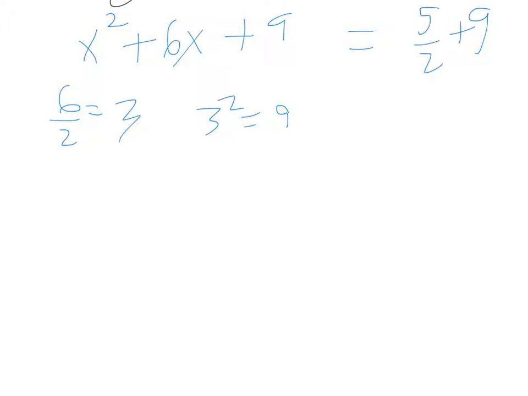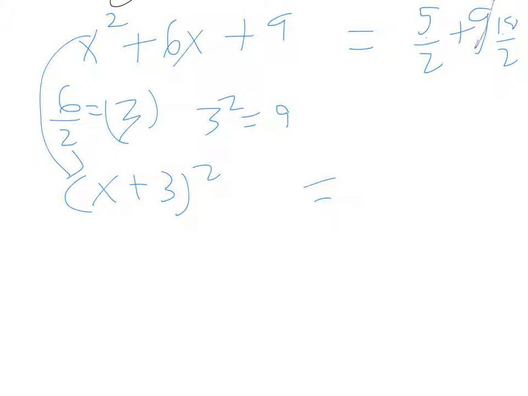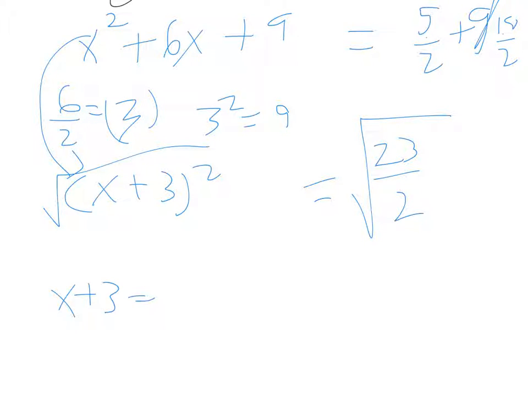So now we can factor the left-hand side to just x plus 3 squared, which is the number we got after we divided by 2. And now 5 halves plus 9. Alright, 9 is just 18 over 2. So 5 plus 18 is 23 over 2. Square root both sides. You have x plus 3 is equal to,